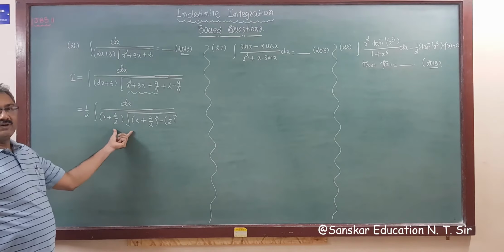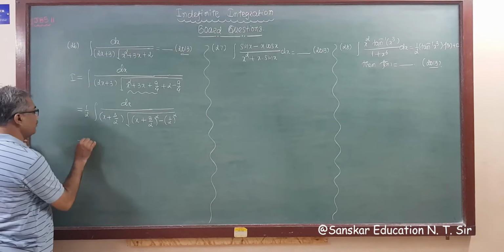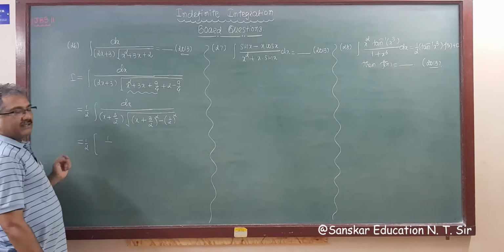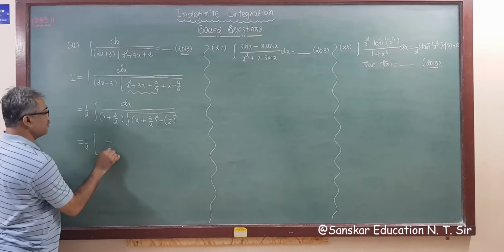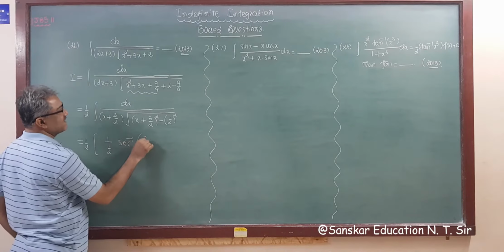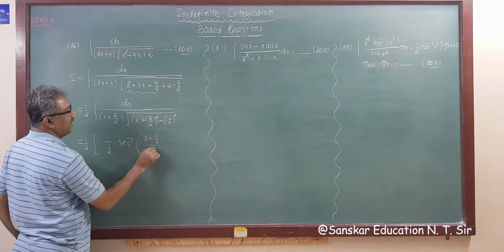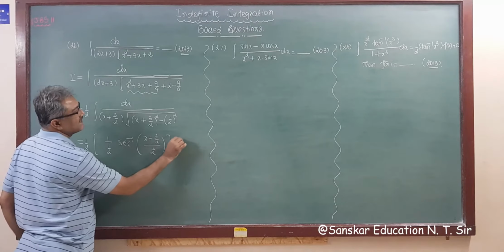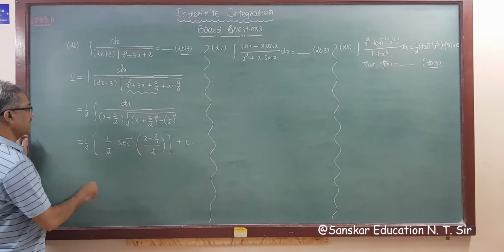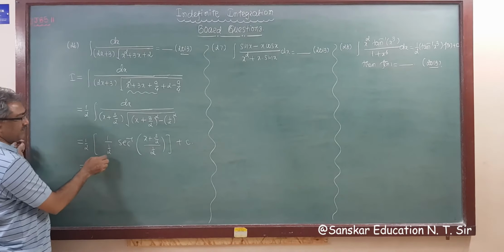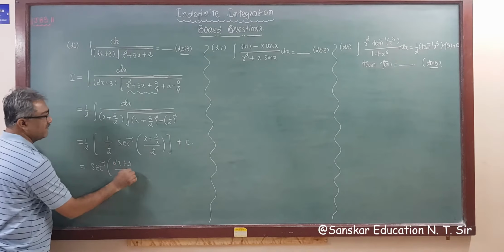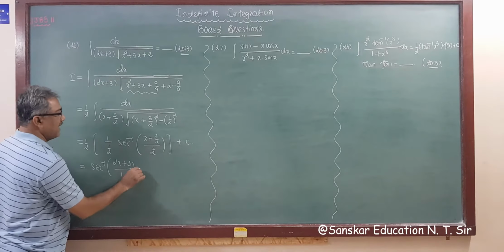And this is the integration of sec inverse, that is 1 upon a, 1 upon x square minus a square, where a is 1 upon 2. Sec inverse of x plus 3 by 2 upon a, with a being 1 upon 2, plus c is your answer: 1 upon mod x into under root x square minus a square. So in the answer, this 2 will be cut: sec inverse twice x plus 3 divided by, this 2 will be cut, so 1, and plus c.